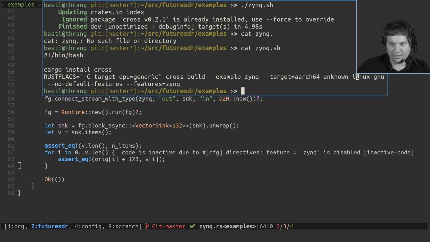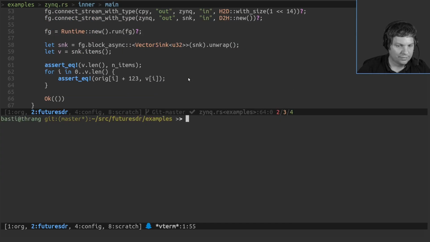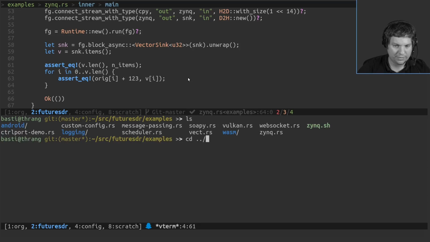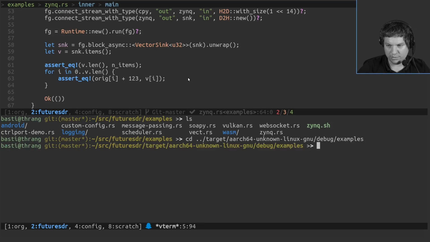In this case, it's a Linux GNU system. And we want to have the sync feature because this also gives us these custom buffers. That's everything we have to do. Then it cross compiles, and now we can copy it over. Where are we? We need to go to target, arch, debug, example.